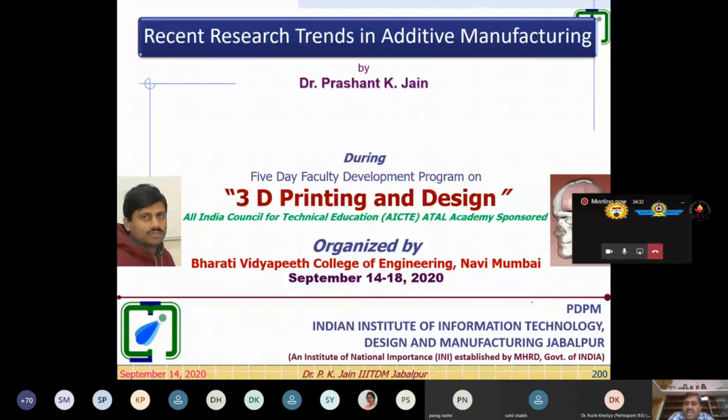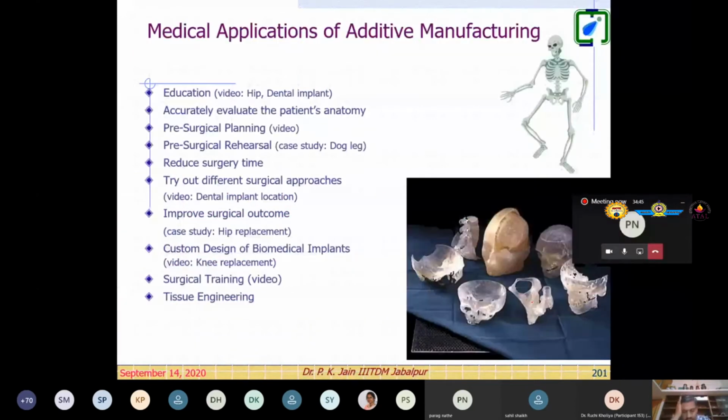Okay, let me share some of the biomedical applications and how we have worked in that environment. Look at this. This additive manufacturing process gives us a lot of opportunity for medical applications.